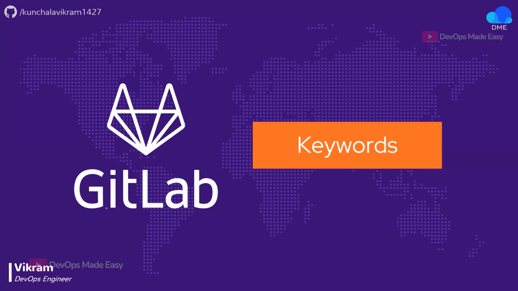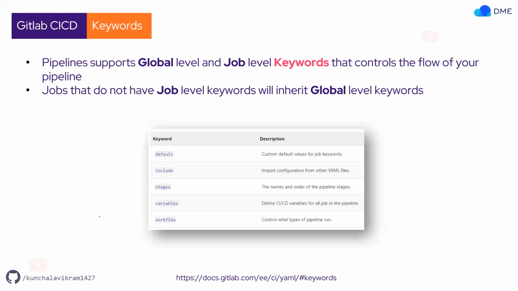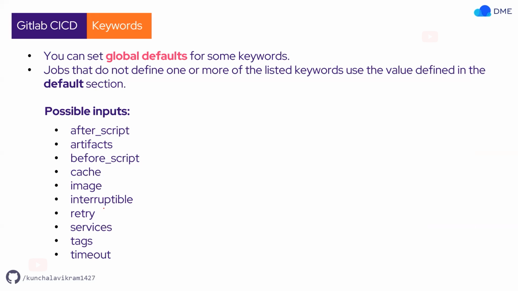variables can be masked. Now coming to the keywords, which are also very important. We'll understand why. There are again global level keywords and job level keywords. The first keyword that we will understand is the default keyword. What this default keyword will do is set the project defaults. So let's say